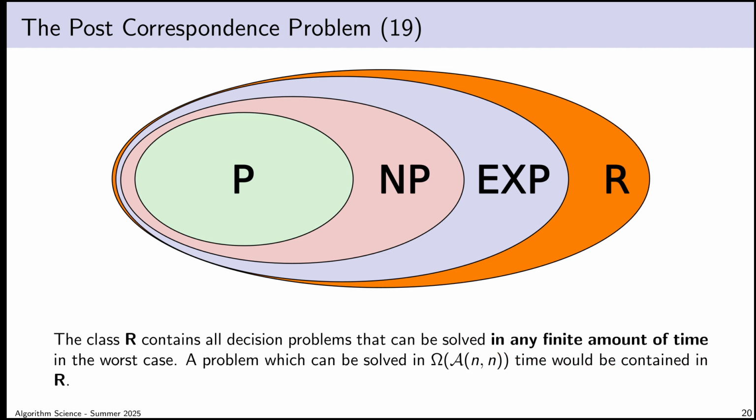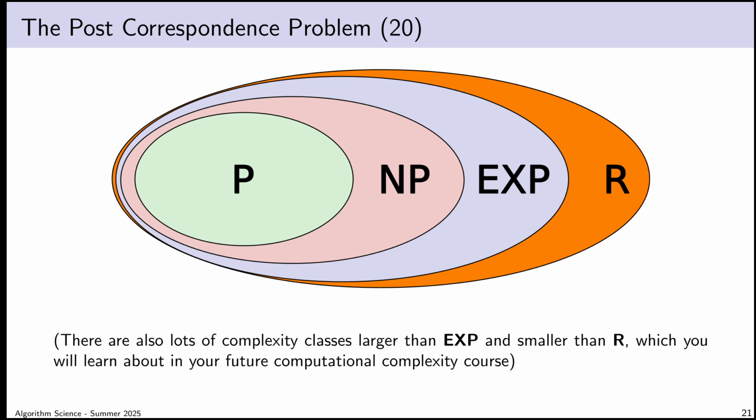Even a problem for which the best algorithm required an amount of time proportional to the Ackermann function, even that problem would be in the class R. It contains every solvable problem. And it's sort of good to know that. It's good to know that we've given a name to the set of all solvable problems. Okay, well, I guess mystery solved. Course over. There are actually also lots of other classes between exp and R,